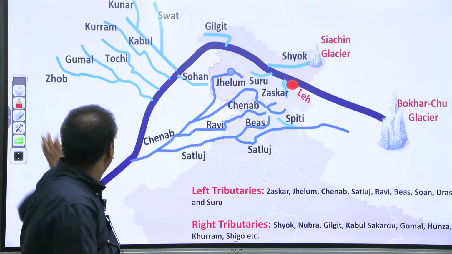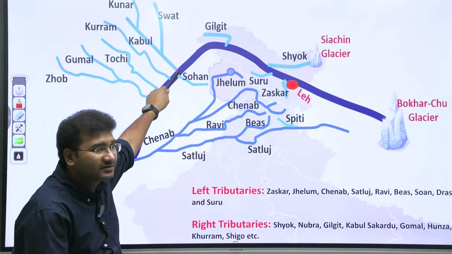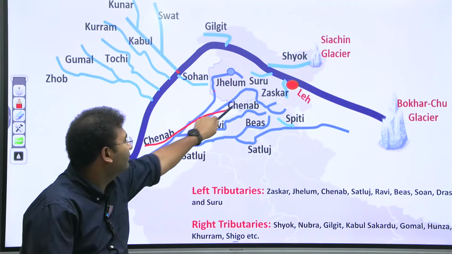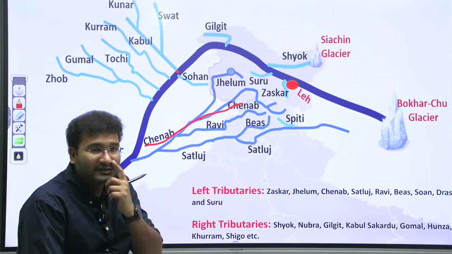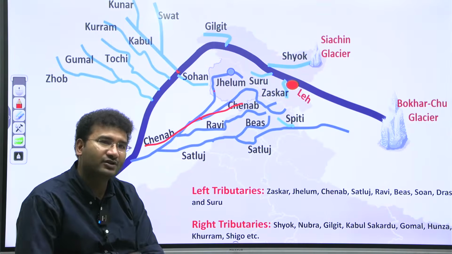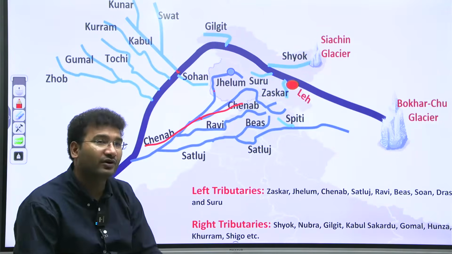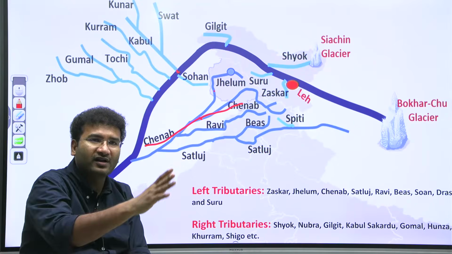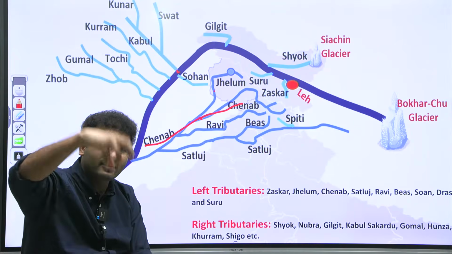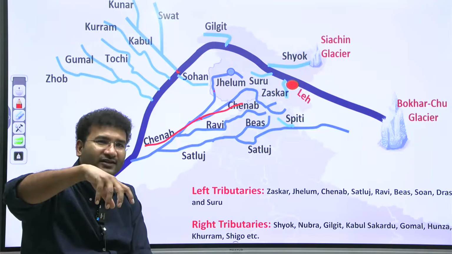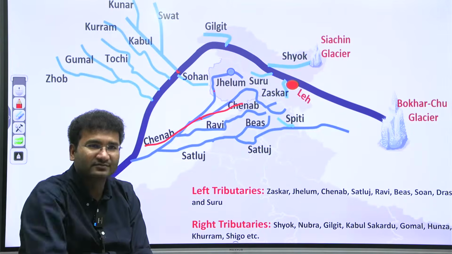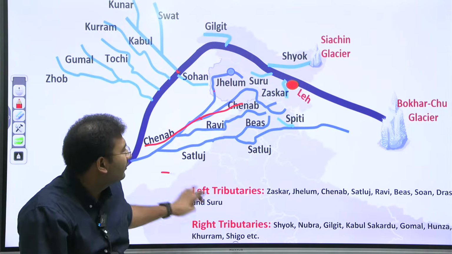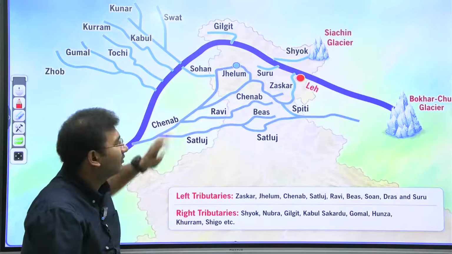So look here, Indus, Jhelum, Chenab. The top 3 rivers were given to Pakistan. It doesn't mean that we cannot use the water. We can use the water, but you cannot stop the flow of the water, so that the river should always keep on running. You can create projects on that running water, and those projects are called run-off river projects. You're not supposed to stop the flow of the water. If you stop the flow of the water, then that becomes a problem.